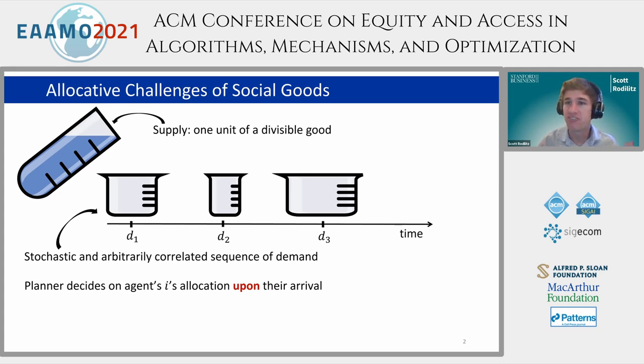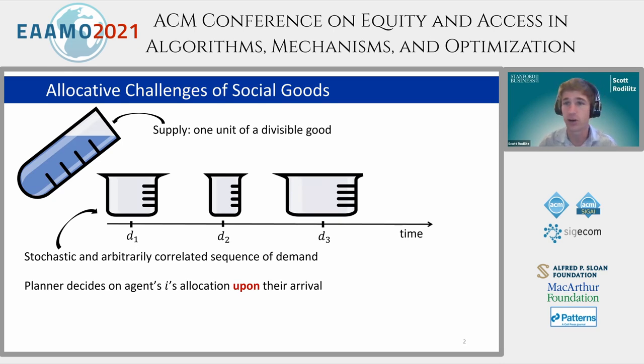So suppose you want to be efficient. So you want to use as much of your supply as possible. Well, that's actually a pretty simple problem. You can just allocate on a first come, first served basis. You're going to use as much of your supply as you can. But the problem is that you might be very unfair to people who arrive later on in the process. You might run out of supply, and so whoever shows up last is probably not going to get it.